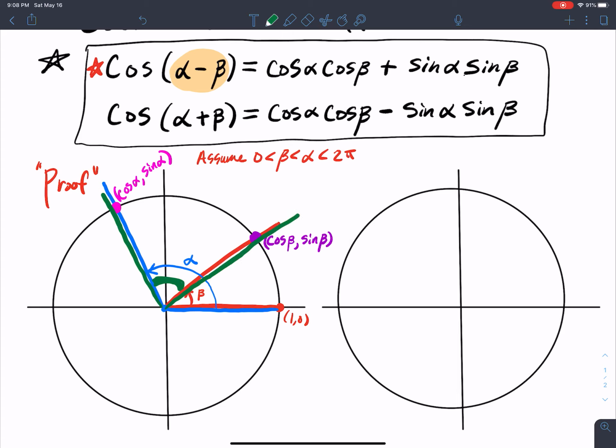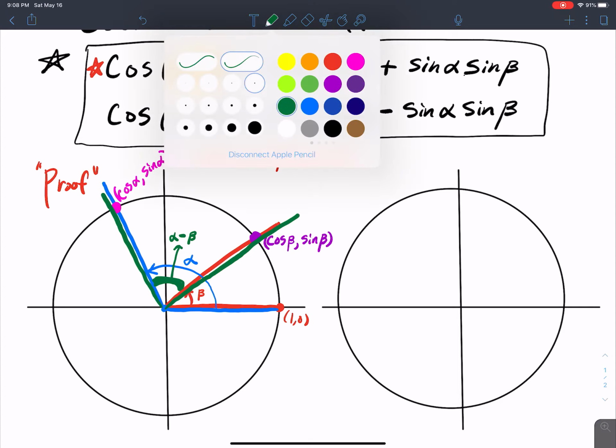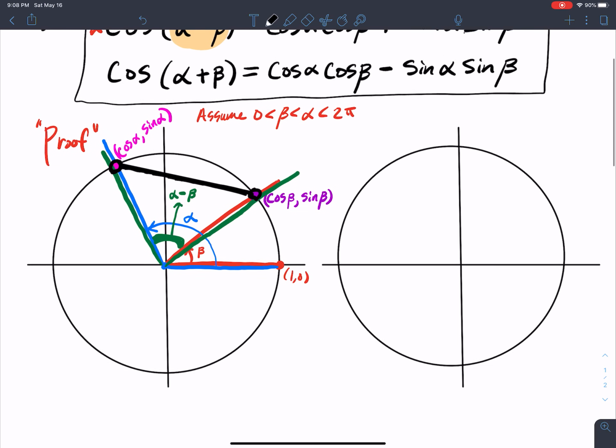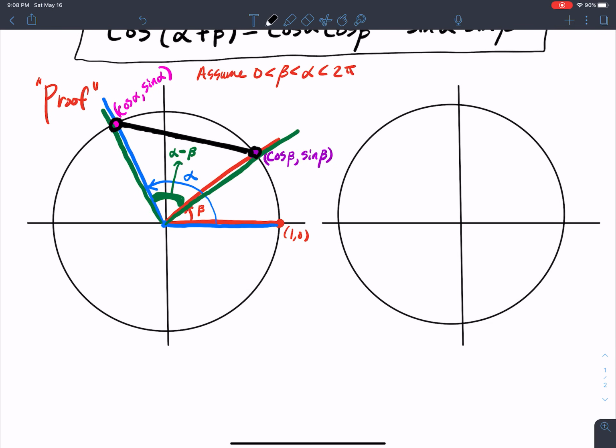So we take the big angle, subtract the smaller angle, and we get that in between there. And what this does is create a distance from this point to that point, that distance D